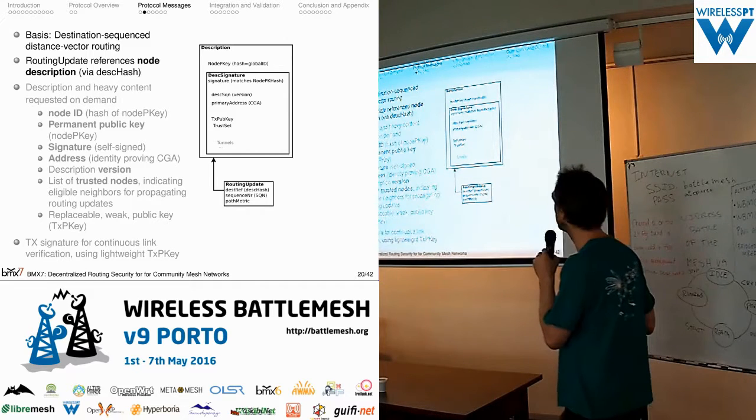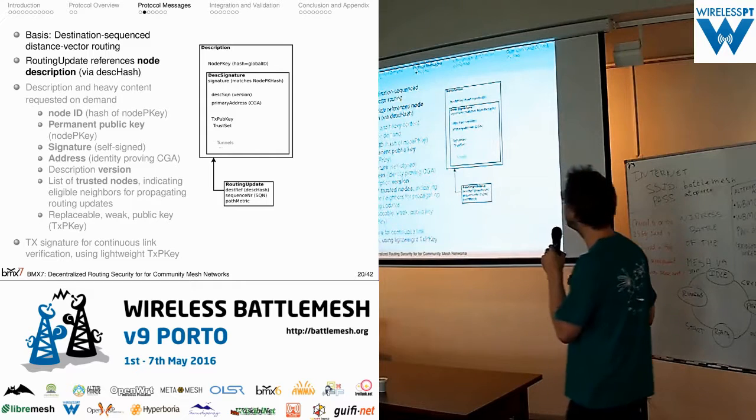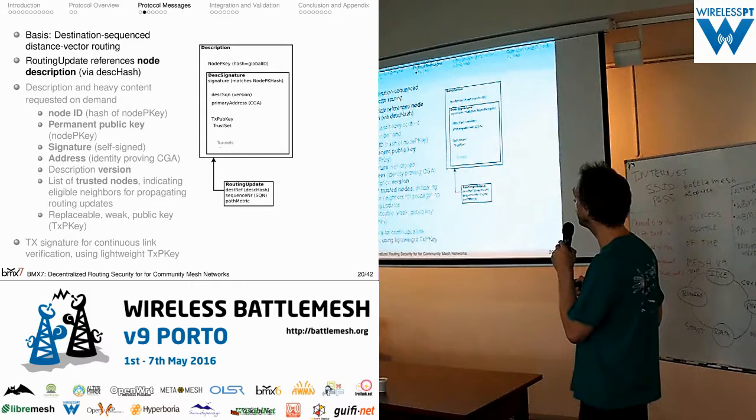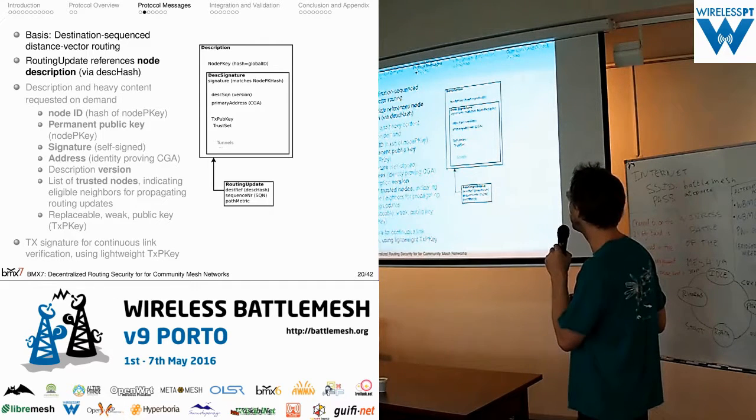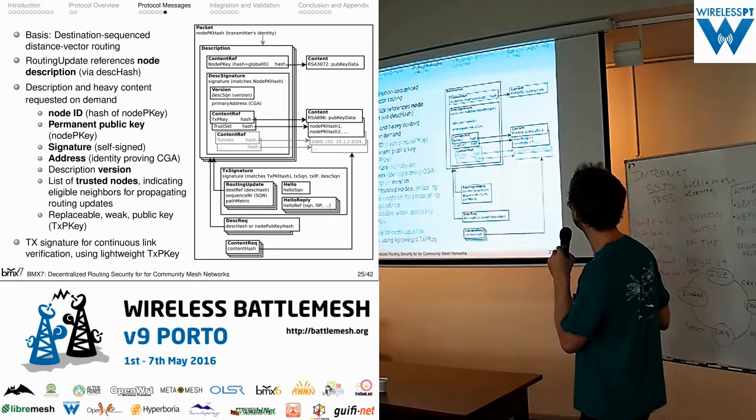So this can simply be flooded, and if you now know the identity of somebody, you can simply fetch his description, you can validate it because it has a signature, and you can see if this ID matches the signature. And you can understand also the rest of the characteristics or properties that are described. I'm not going into the details here, it's just that you can reference other content from one description, and it tells a bit how these messages are flooded, resolved and propagated.